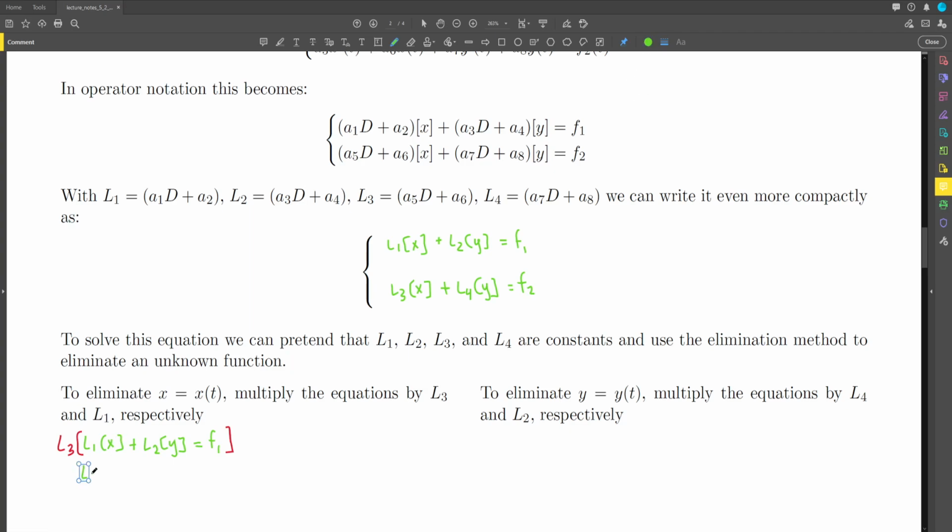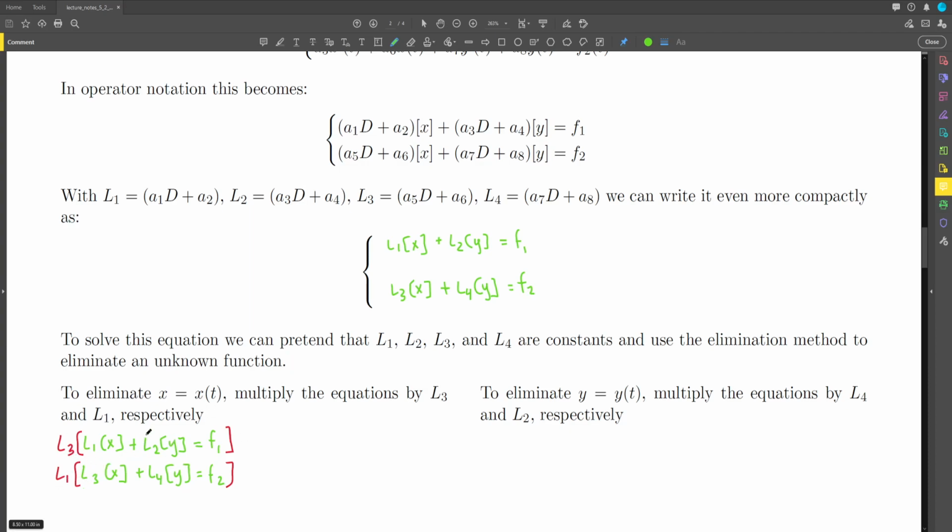So we get L3 acting on x plus L4 acting on y equals F2. And then we let L1 act on that. And since we can think of repeated applications of differential operators as just multiplication, as long as they're linear differential operators,